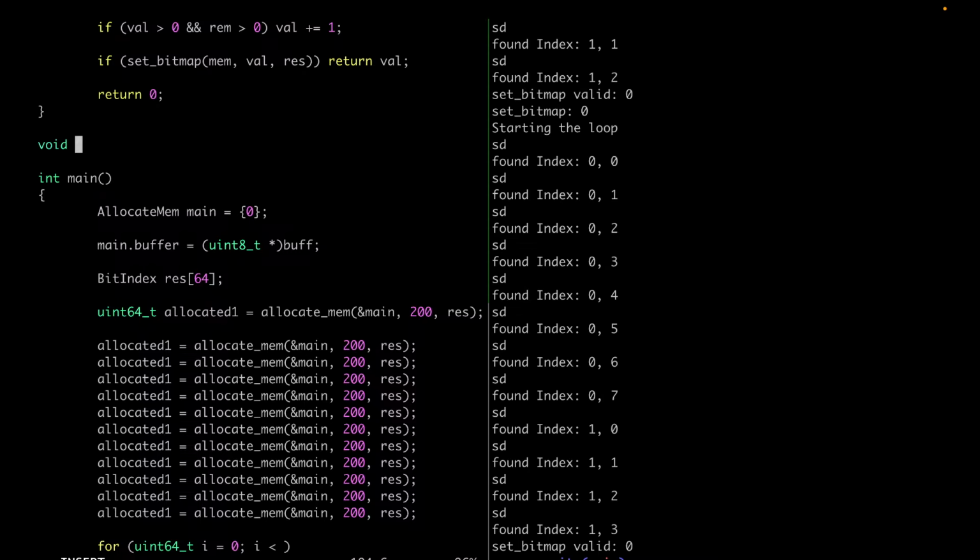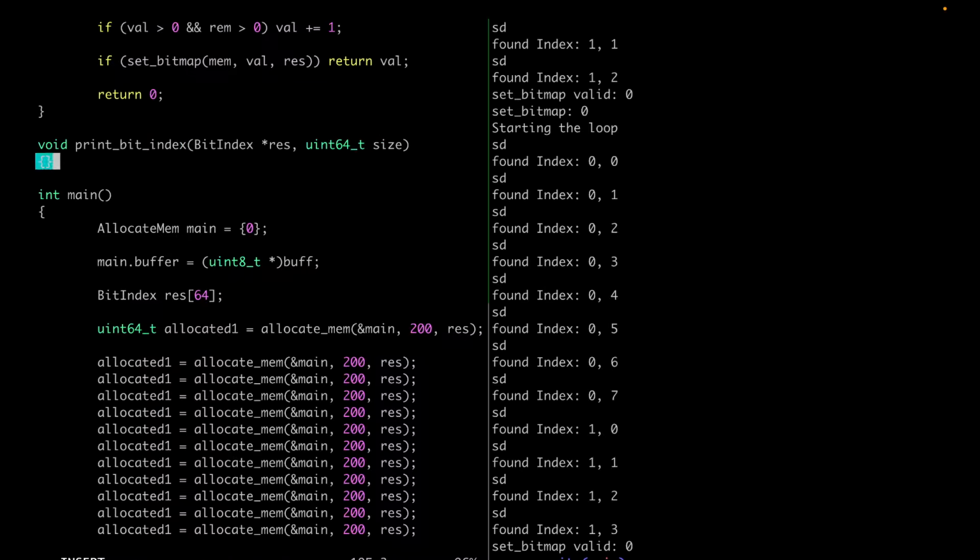Oh, print bit index. And bit index is just going to take a res. Res is just a bit index star res and a size, uint64_t size, and we could